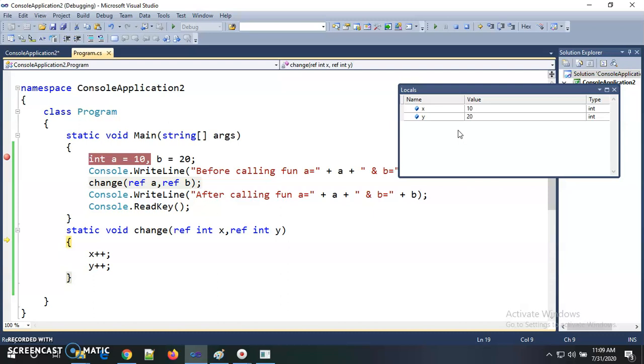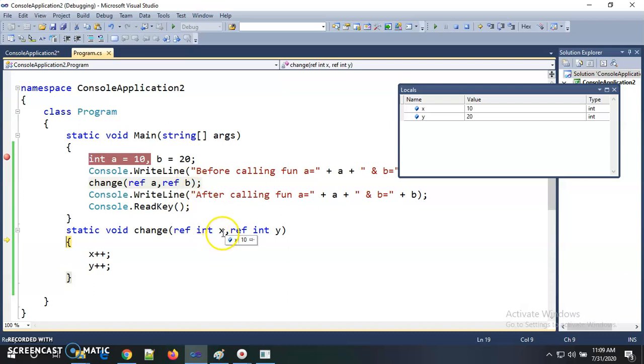Now the x and y scopes will start here. Here my x refers to the a variable, and my y refers to the b variable. Means here there is no separate memory, and my x is pointing towards the memory of a and my y is pointing towards the memory of b.